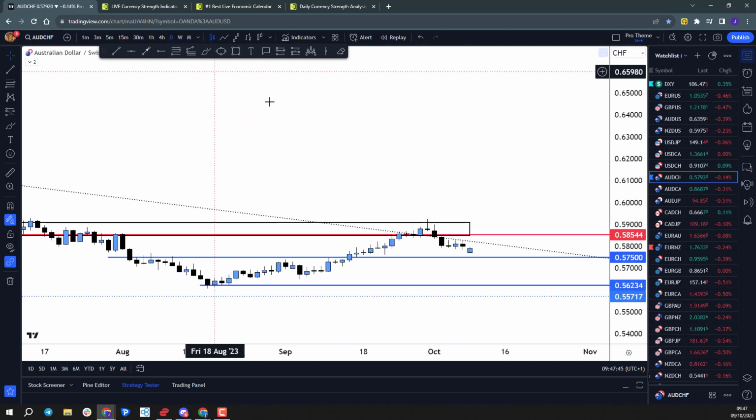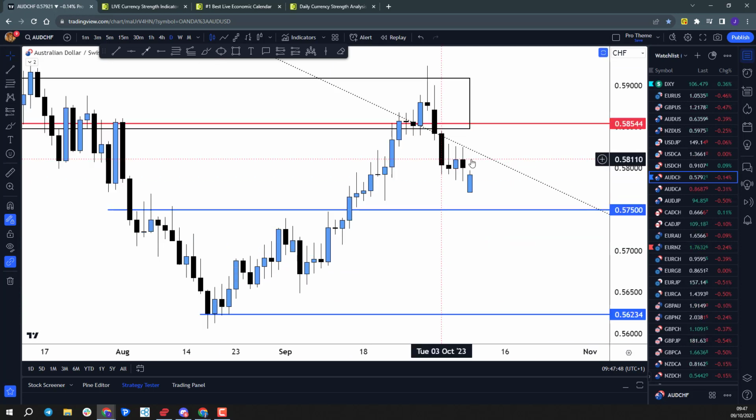So I'm looking at the daily chart. The daily chart shows that there was a bit of consolidation, and then obviously we've gapped down with a move higher. Now, this may be down to the conflicts that we're seeing in Israel at the moment. So there is a potential here for that risk off sentiment to be in play, and obviously the Australian dollar doesn't usually perform well in those scenarios,